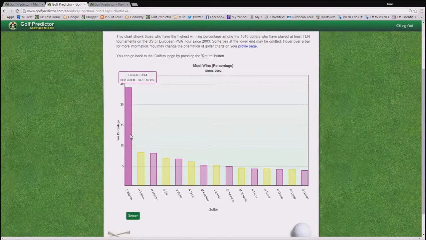You can see that he has won just over 24% of all the tournaments he has played since 2003. As you can see, the next best is Phil Mickelson, and he's won a paltry 8.4%. So Tiger has won about 3 times more golf tournaments that he has started than his nearest competitor. Truly impressive stats, you'd have to agree. So going back to the previous page,